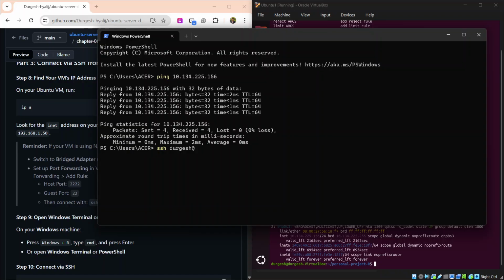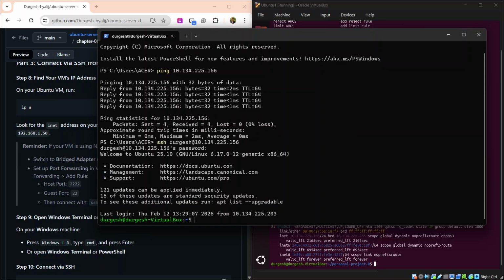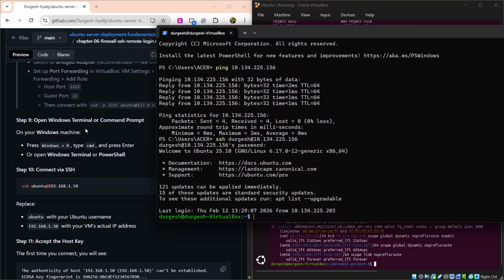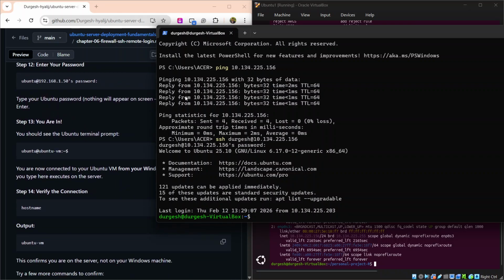and this is our IP address, 134.225.156. We are actually now in the Ubuntu machine. See, here we are seeing Yogesh at the rate virtualbox, which means we are actually in the Ubuntu. So now what we are going to do is first of all